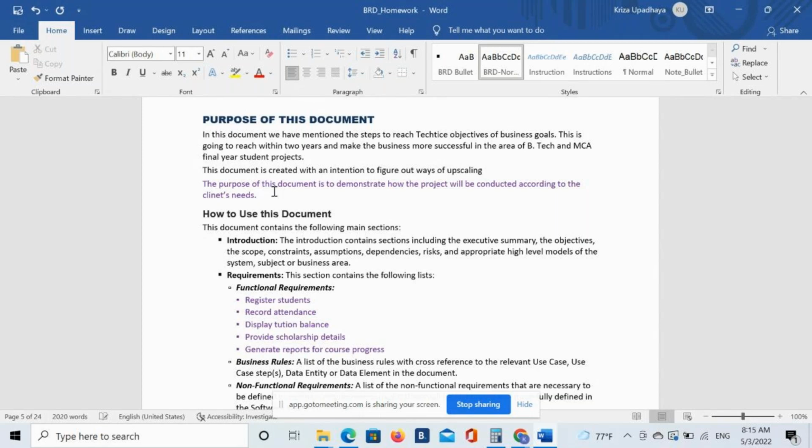It's not upscaling, it's called upskilling. Upskilling means we already have this program, but it's not working how we wanted, so we wanted to upskill that. So this document is created with an intention to figure out the ways to upskill